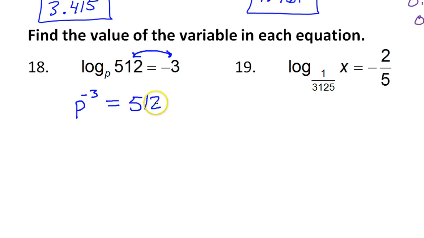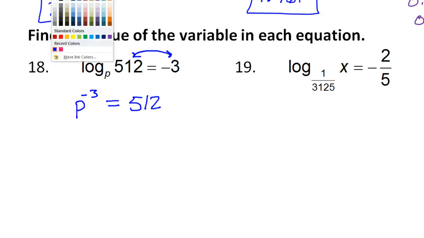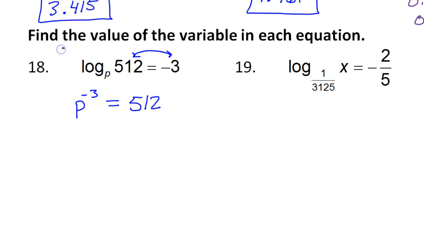Okay, so now how do I solve this? Well, if I want to get p by itself, I need to get rid of this power. And the way you can get rid of a power is to multiply by the reciprocal power. Now, so this is negative 3 over 1. Okay, so if I do this to a power of negative 1 over 3, then I'm golden. Alright, those are going to cancel out. But you know what, before I do that,